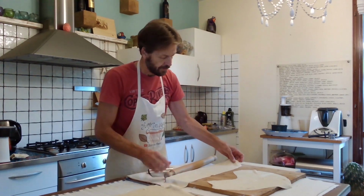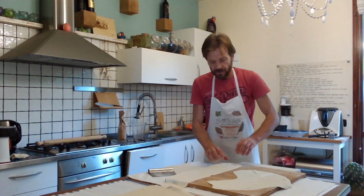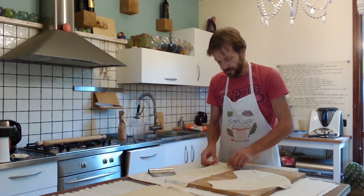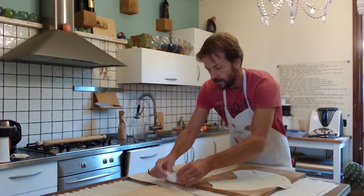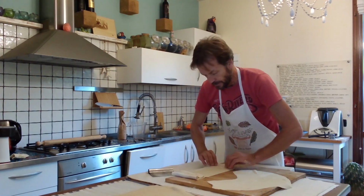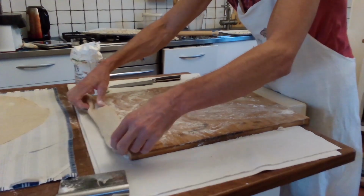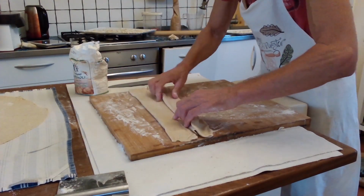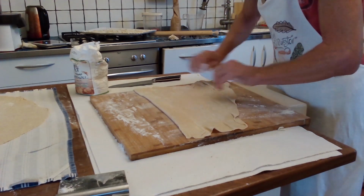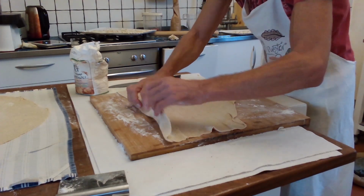Okay, so I'm going to do exactly what I was shown to do by Simona to do the tagliatelle. And that is literally to roll it up from the top to the middle and the bottom to the middle. Okay, so after rolling it, I found that it started to stick together. So what I'm going to do is unroll it to begin with. Okay, as you can see, it's not particularly easy. Once I've done that,